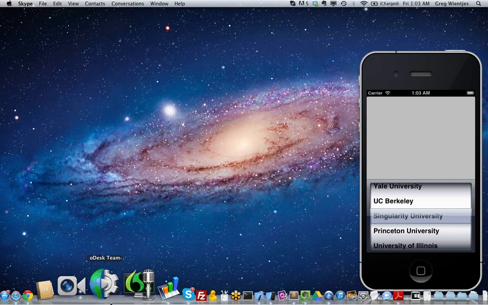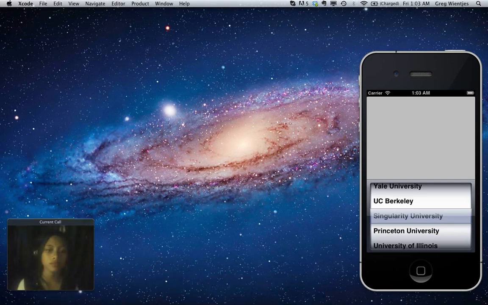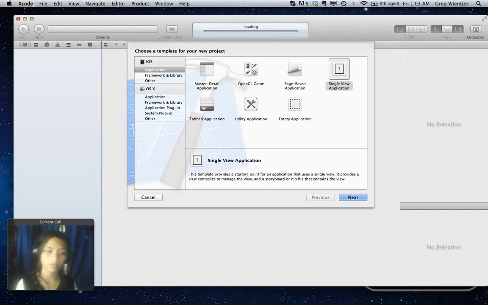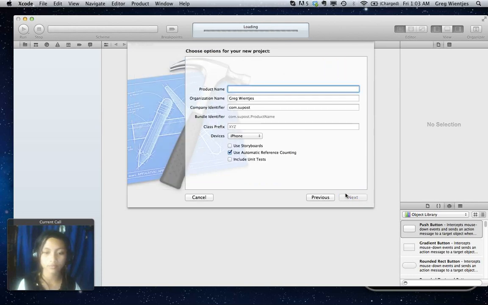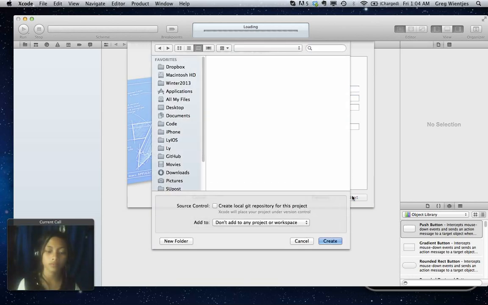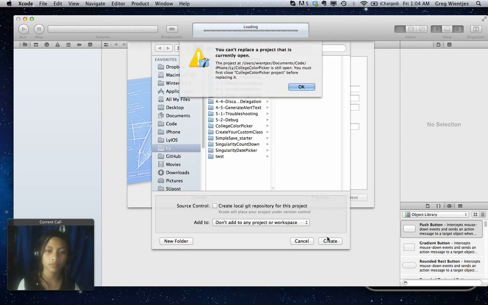Okay, we'll be creating a new Xcode project. This will be a single view application, and we'll call it College Color Picker. No use of storyboards, use automatic reference counting. And then we'll create